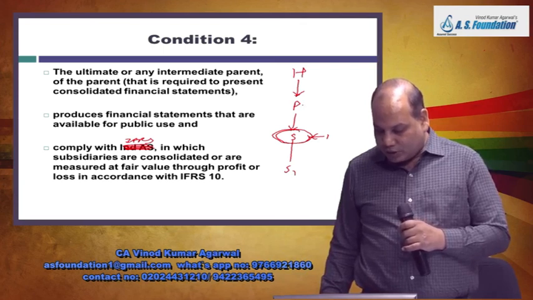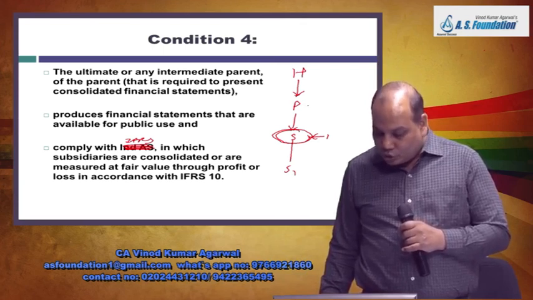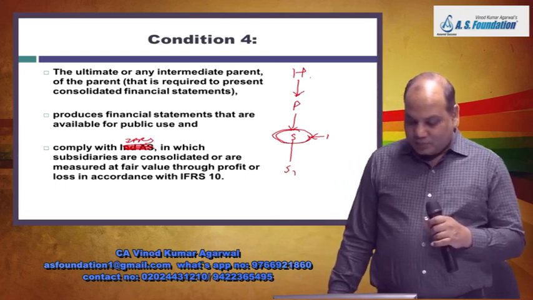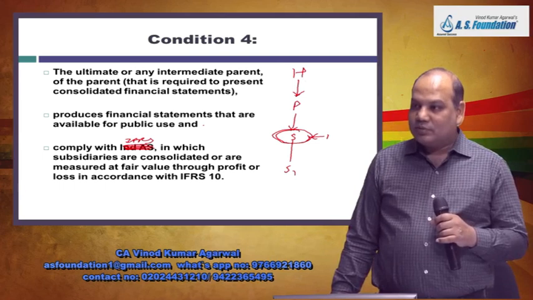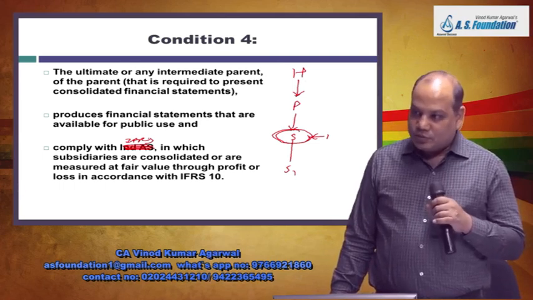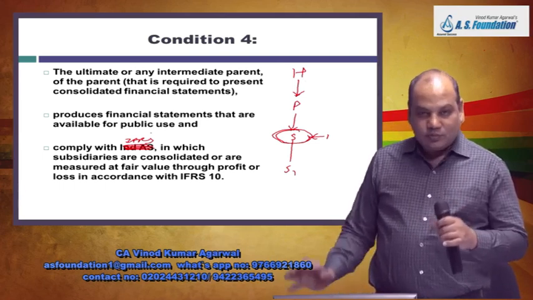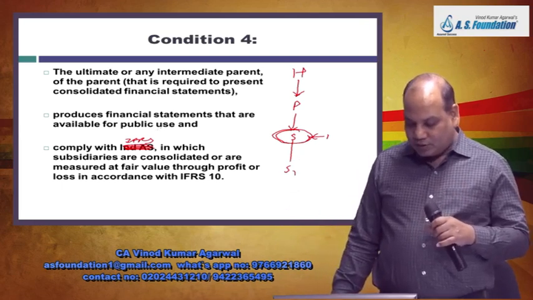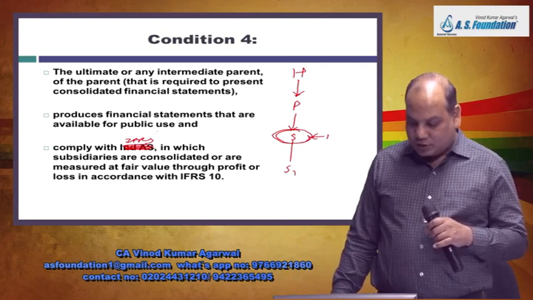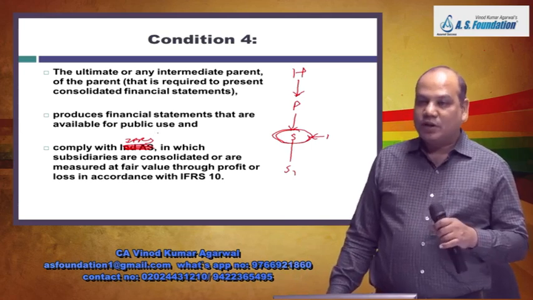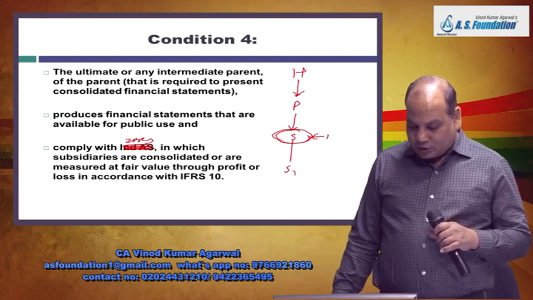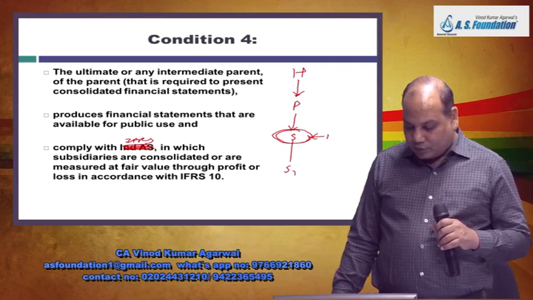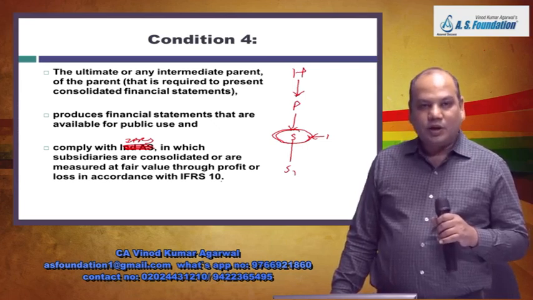That either your parent company P or your ultimate parent company H, they prepare financial statements that are available for public use. That means public can approach those financial statements, can get access to those financial statements, and which are IFRS compliant, in which the subsidiaries are consolidated or are measured at fair value through profit and loss in accordance with IFRS 10